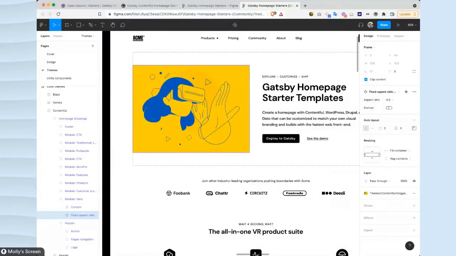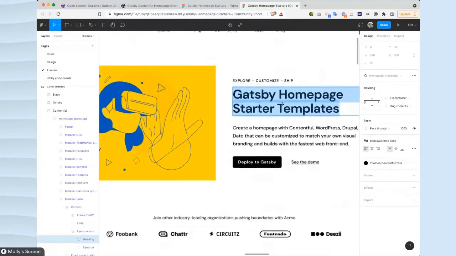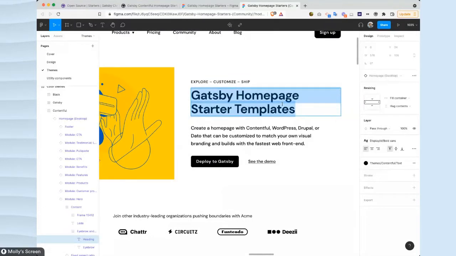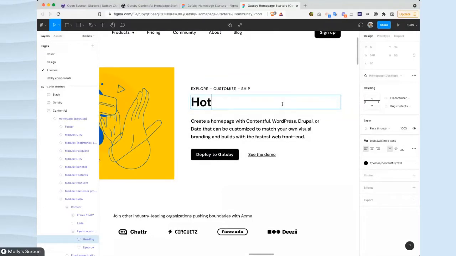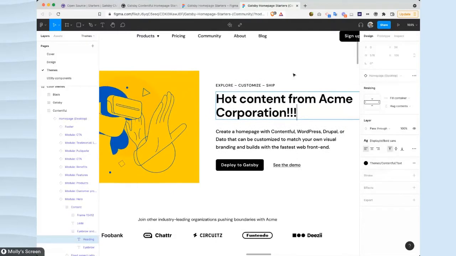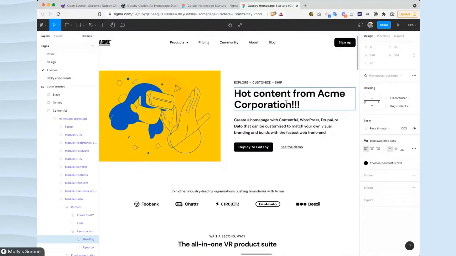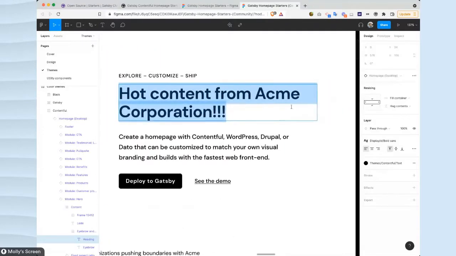So let's finally edit the heading content to match our company name. So again, Gatsby homepage starter templates, probably not going to be an ideal heading for me. I'm going to change it to hot content from Acme Corporation. See if I can spell that right. Exclamation point. All right, it looks awesome. I feel like, you know, it's pretty Acme-ish, except for, I'm going to look into and change the actual font style